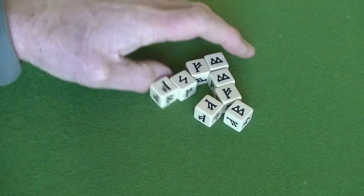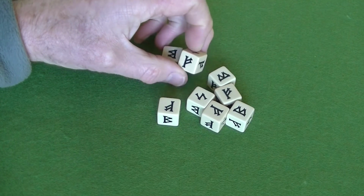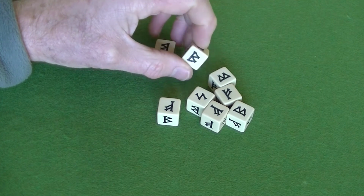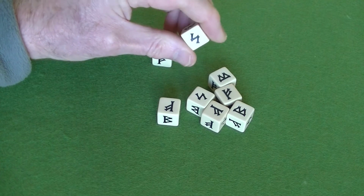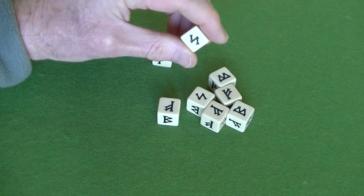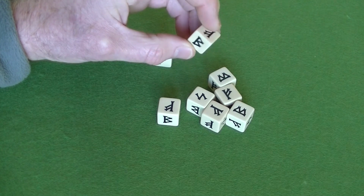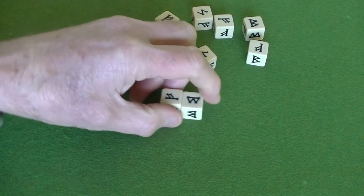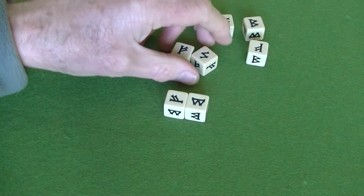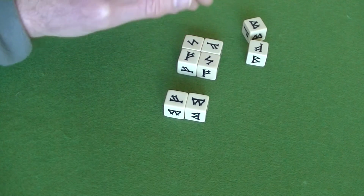So their design, I think this is really kind of clever design. They're designed to look like runes, Viking runes. So there's one side which is only on one of the 6 faces. There's another one that's on 3 and another one on 2, and you roll them, and then you have to place them on a battle board and combine them in. Sometimes you have to combine them in certain combinations, but